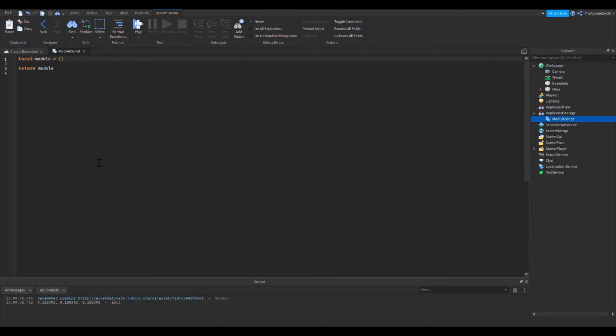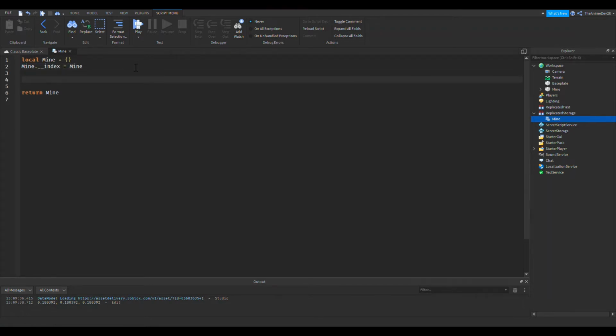Alright, so let's get started with this. I'm just going to name this table Mine. That's what the module script is going to be named, because that's what we're making. We're making landmines. And once again, I haven't made a tutorial on metamethods yet, but all I'm doing is just making this the __index so I can use the functions inside this module.